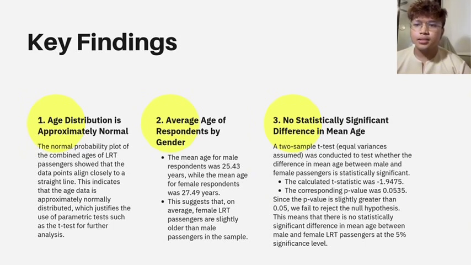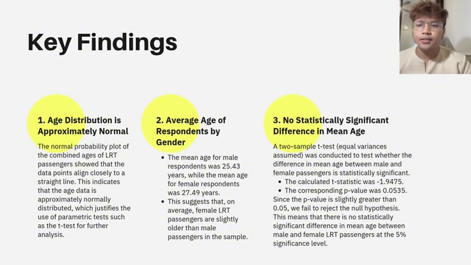The calculated t-statistic was -1.9475 and the corresponding p-value was 0.0535. Since this p-value is slightly above 0.05, we failed to reject the null hypothesis. This means there is no statistically significant difference in mean age between male and female LRT passengers at the 5% significance level. So in summary, although female passengers were on average older, the difference isn't large enough to be considered